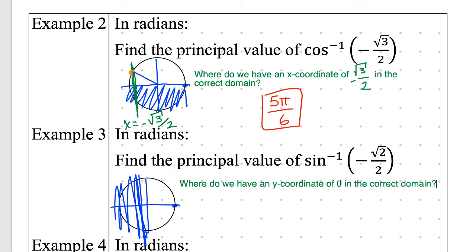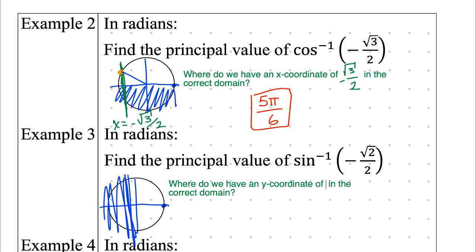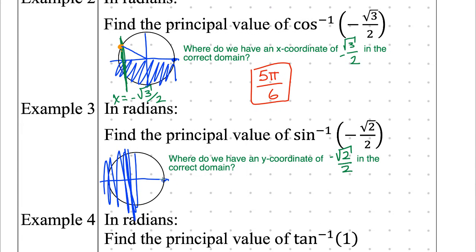A y-coordinate of a question is now not that. We'll give some room to write the correct thing I'm looking for: a y-coordinate of negative root 2 over 2 in the correct domain. Again, this is the correct domain. Sine needs to be on the right-hand side. Negative meaning going down, so somewhere in this fourth quadrant, and then the height is negative root 2 over 2,